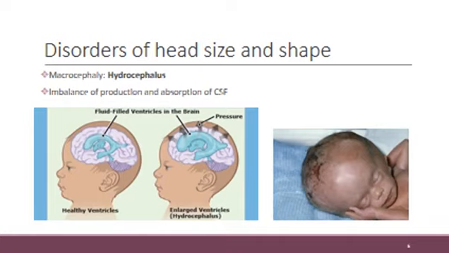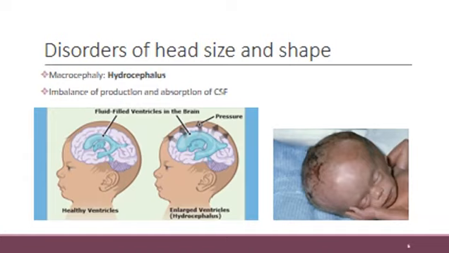Primary microcephaly is usually disorders of proliferation, and in secondary microcephaly there was normal growth of the brain up to a point after which there might have been a major insult that can then negatively affect the growth from that point onwards. In a macrocephalic baby, the most common cause is hydrocephalus,